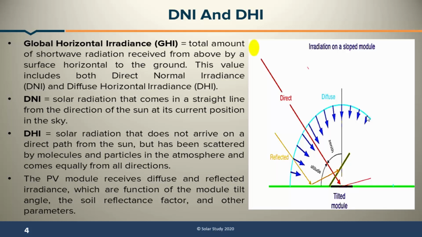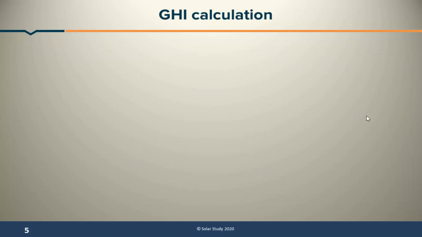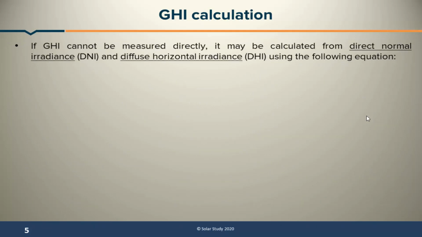So there will be some functions. Previously we have seen PVLib, which contains irradiation data and some axis tracking data. Similarly, PVLib also contains the angles, such as zenith angle or altitude. So here also we will use the PVLib library, convert GHI to plane of array data, and do the programming. Next, how can we calculate GHI? First of all, we have to know that GHI cannot be measured directly. Why?